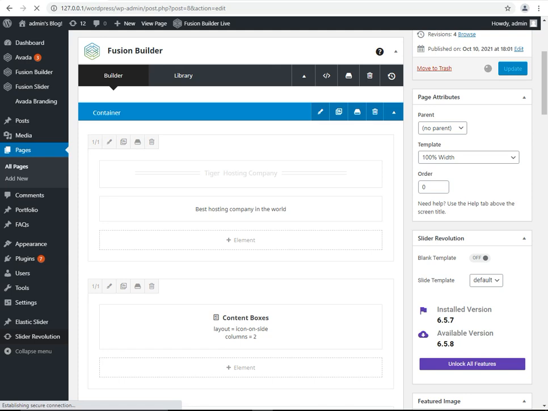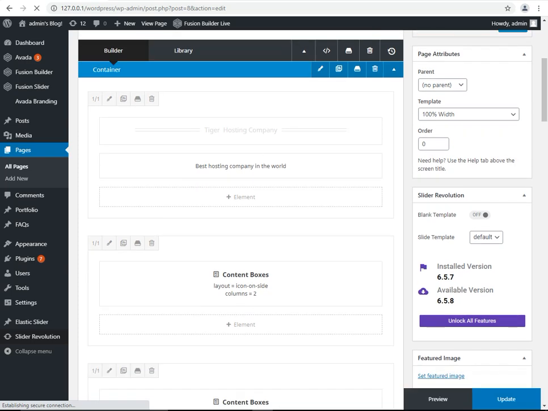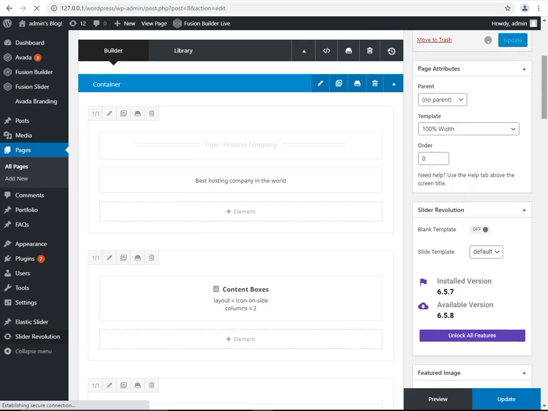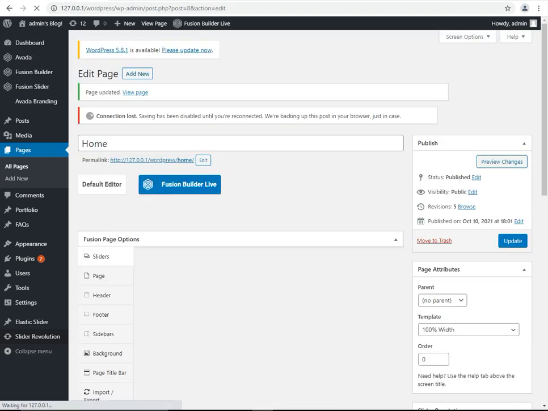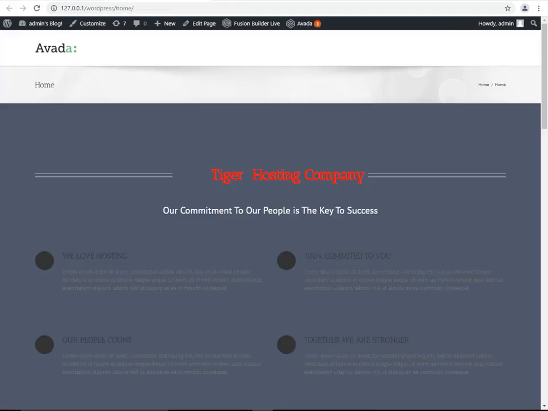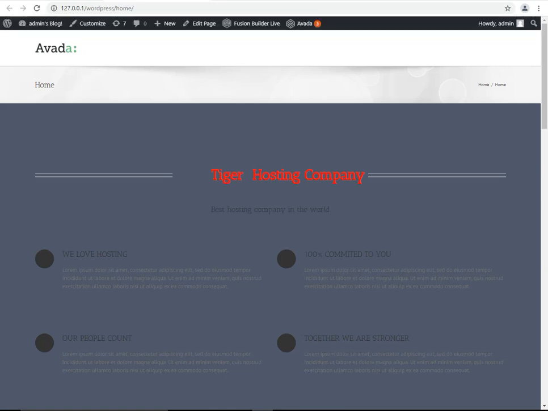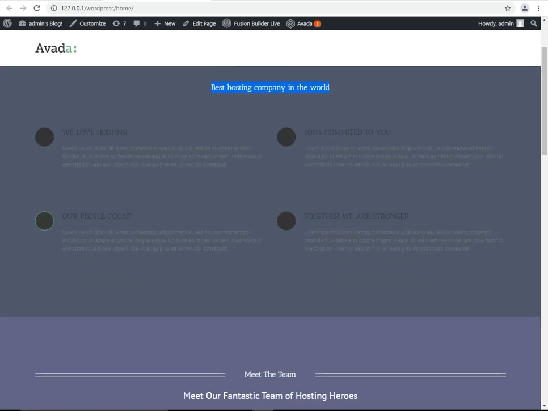We update this. After a few seconds, after the updating, we can check which settings have changed. Going to the refresh button. The system will show here: best hosting company in the world. At this time our features are shown here like this.